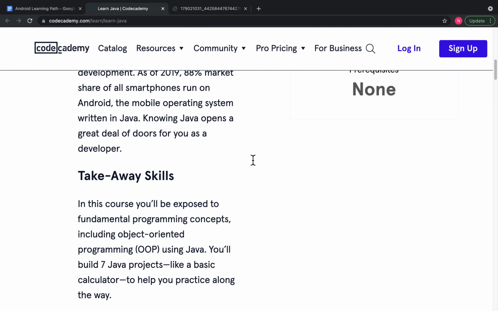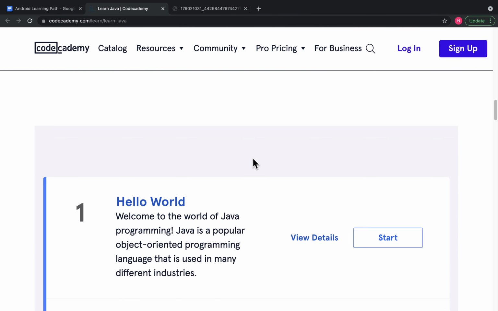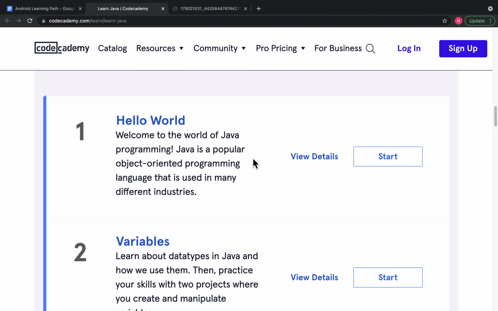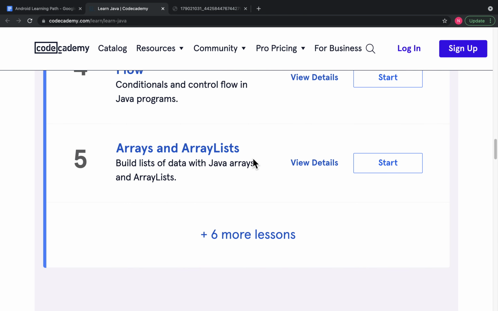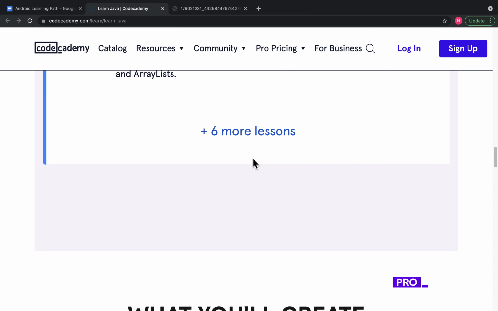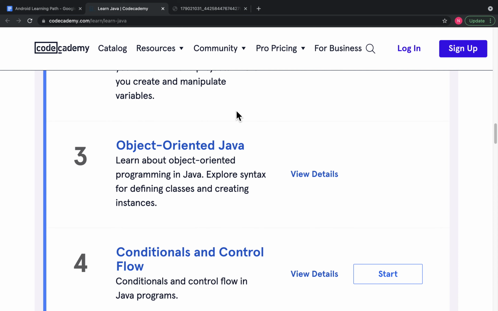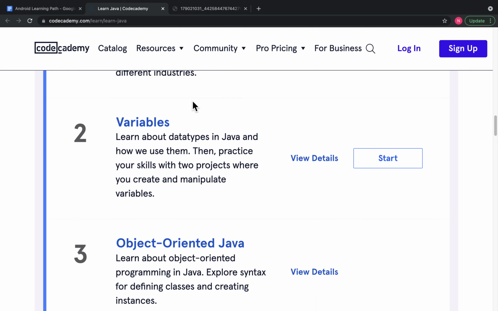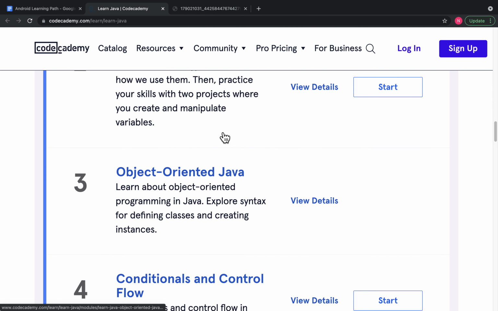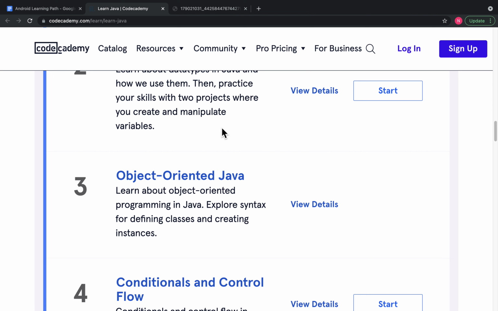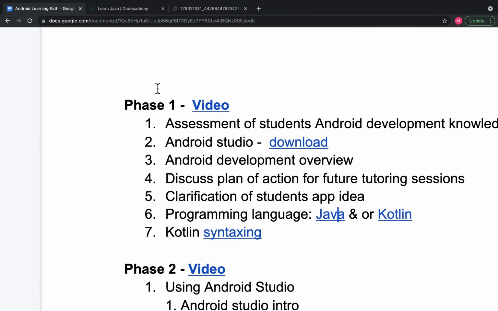Their course can be completed in 2 weeks, or even less if you are really focused. It's broken into 5 parts. Oh, sorry, a little bit more than 5 parts, but the main concepts of Java is broken into 4 parts. So if you can focus on this and see it as your homework every day through this course, that would